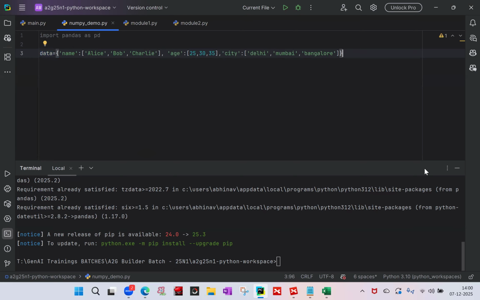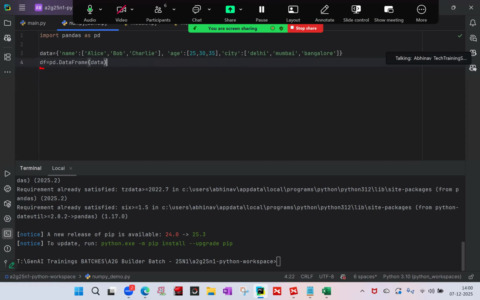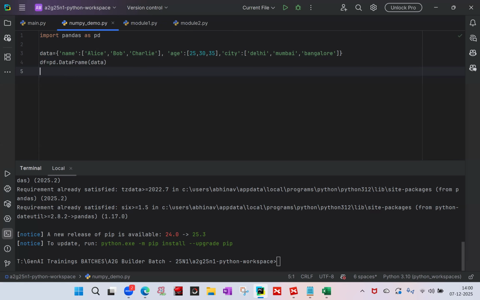Now, in order to play with the Excel data or this dictionary data, I will create a data frame. So df is a variable, and this can be any variable, a, b, c, d, e, f, anything, but I am keeping it as df so that it gives me a visual representation that this variable is a data frame. And in order to create a data frame, I will use pd, which is the imported alias name of the pandas library, pd.DataFrame. And inside the data frame I am providing this dictionary data. So this is the data frame. And if I print df, it will